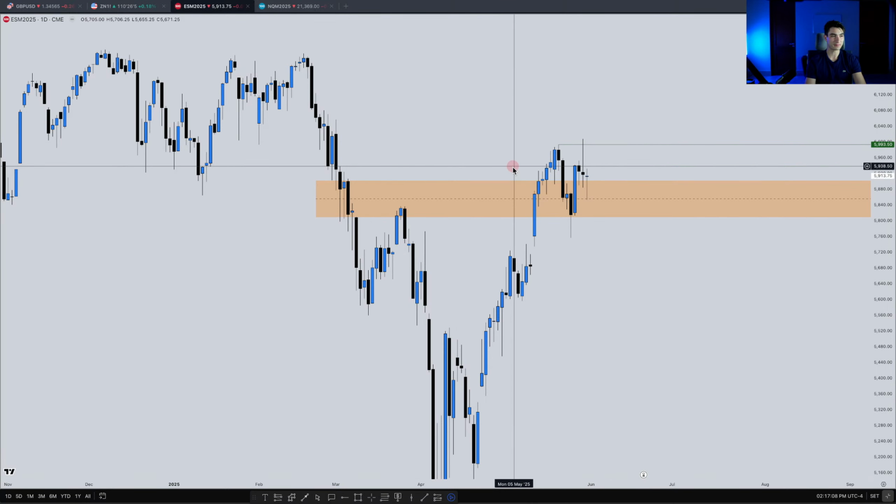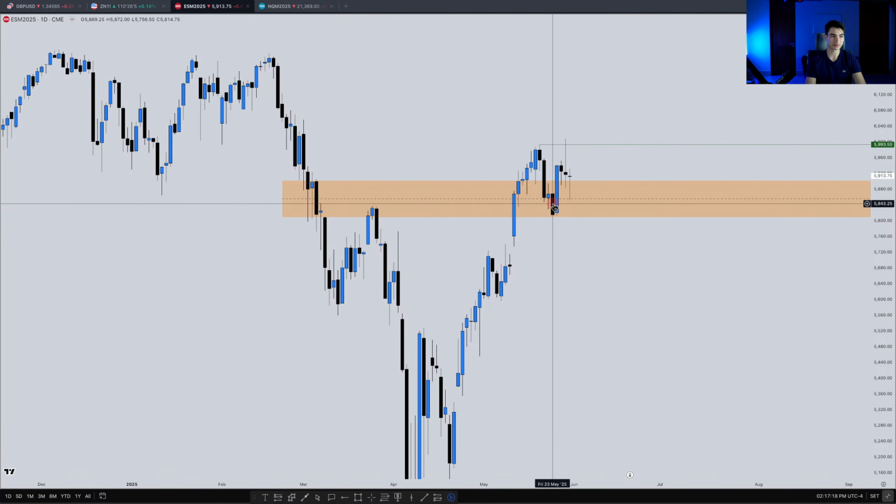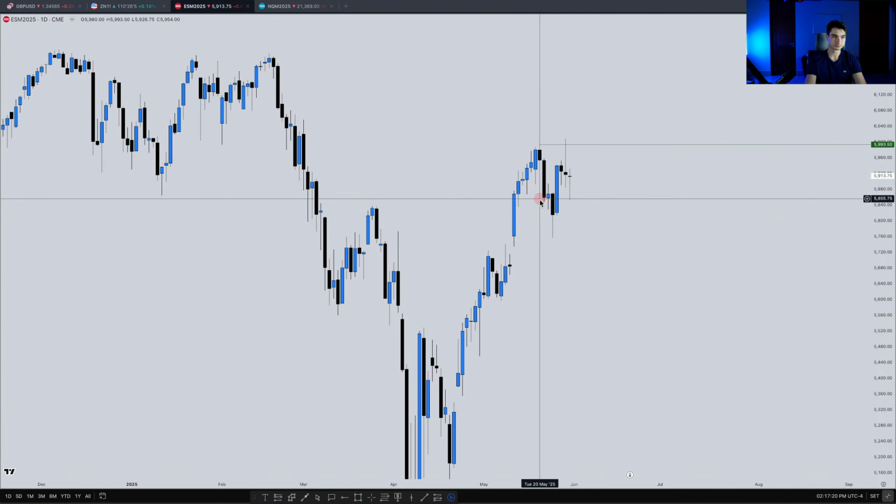Because if they're going to get up into these buy stops, I'd want to see us really make some speed above this high and quickly accelerate into these highs here. They did not do that though. They took it into the buy side, quickly slammed it lower, and now we're back inside this down close candle. So let me take off this weekly level.